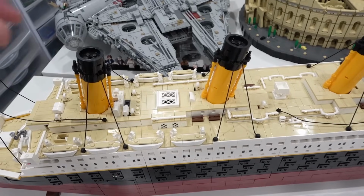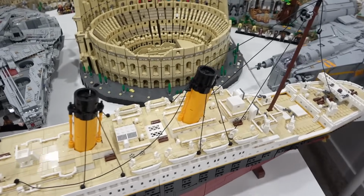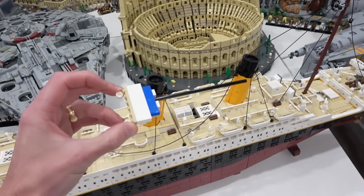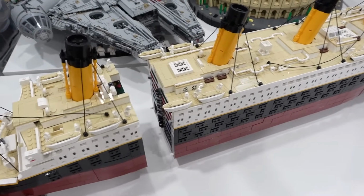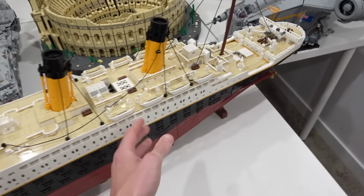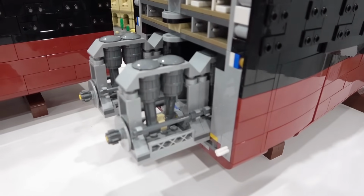It's very solid. And how you take it apart is you just remove these pieces here, which have some Technic axles, and those run through some modified plates, which then connect the 2 different points there. And once you pull those out, you're able to very easily just split it apart, the front there, and also at the back. Well, in some cases you actually need 2 hands, specifically here,